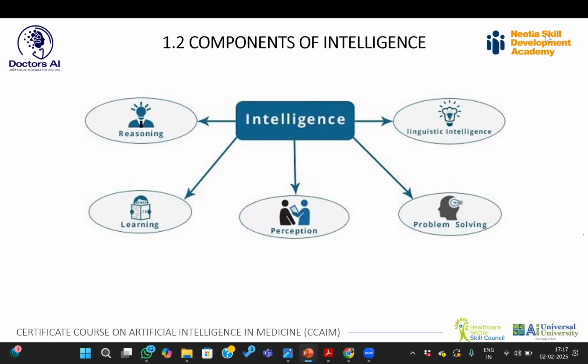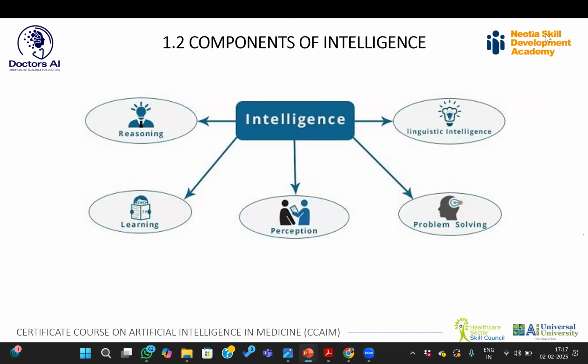But then when you try to understand intelligence in more depth, you're looking at these 5 segments which intelligence is composed of. So what are the components of intelligence, right? One is reasoning. That's a big important component. Understanding and reasoning, that's very important. At the same time, learning. So reasoning and learning go together hand in hand, and this is how you want your AI system to also work. You want it to reason, you want it to learn and then reason, right?